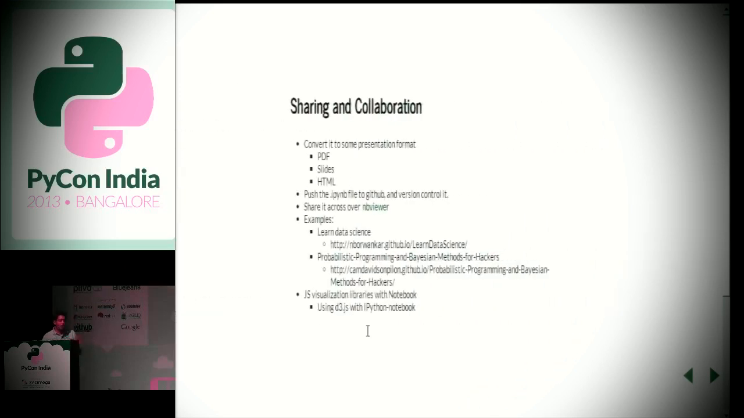Sharing and collaboration is another point that I mentioned for why I need interactive environments. Right now I'm done with all my exploratory analysis. I want to share and collaborate among each other, right? So I can use it to convert it into slides. The complete presentation that you're seeing right now, I made it in IPython and converted it into a simple HTML5